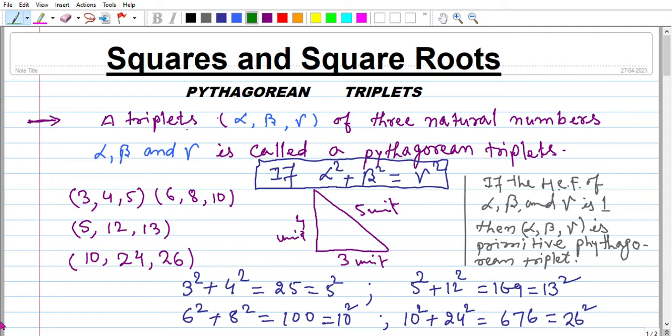Today I observe, as per my knowledge, that so many questions are asked in competitions on the basis of concepts and basics. So that's why it is required to know the basics of the terms given in mathematics. Among them, Pythagorean triplets is the term used in the squares and square roots chapter in class 8.